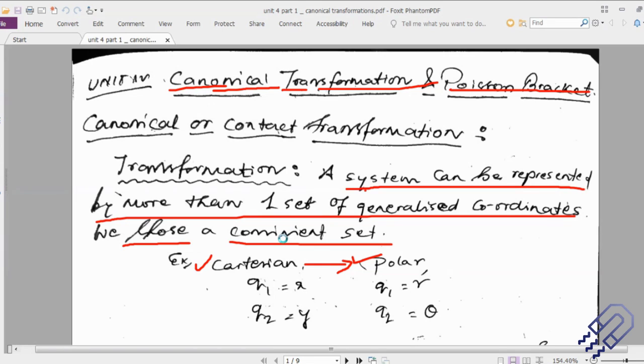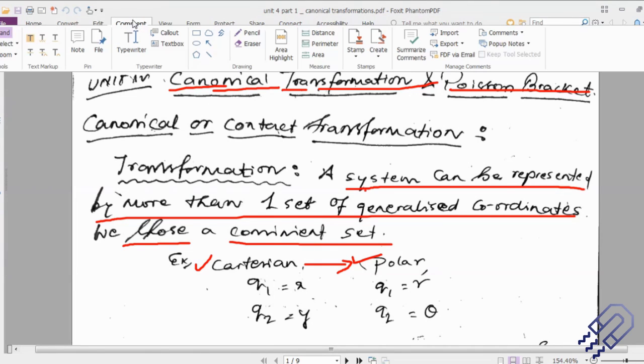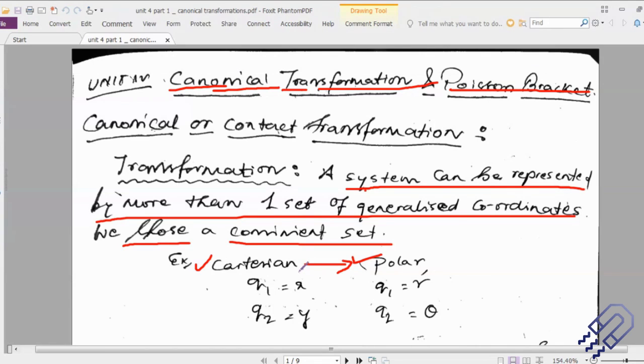The first thing that we need to know technically is what exactly we mean by transformation. In the last class, we saw that by transformation, I simply mean that I'm going from one set of coordinate system to another set of coordinate system. Now, normally when you come across these kind of problems, you are usually simple